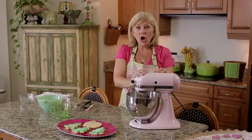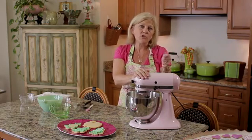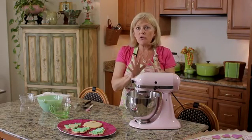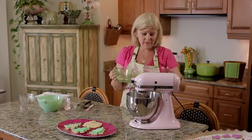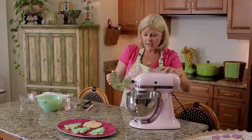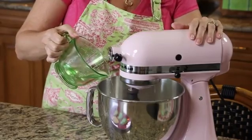And then turn it on a low speed, or for a heavy-duty mixer like this, I would put it on stir or 1. If it's a handheld mixer, then you need to turn the speed up a little more. But this is going to have to beat for about 7 minutes. So put it on stir or slow, and then drizzle in 3 or 4 tablespoons of water,